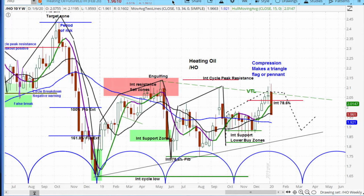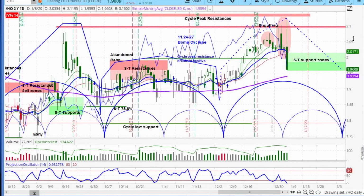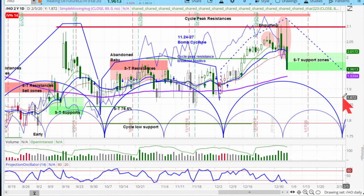There is plenty of energy out there. So that is a look at the heating oil on the weekly. Here is the daily chart, and you can see those big reversals in there. Now this is a little different pattern that we're looking at. You can see here this gets out to about the first week of February, and then there's going to be